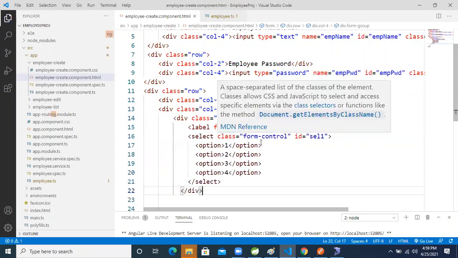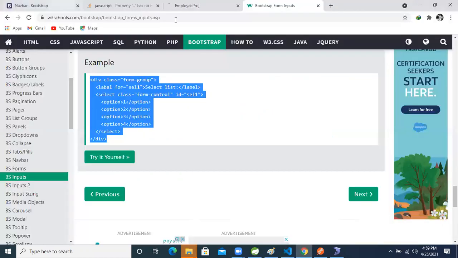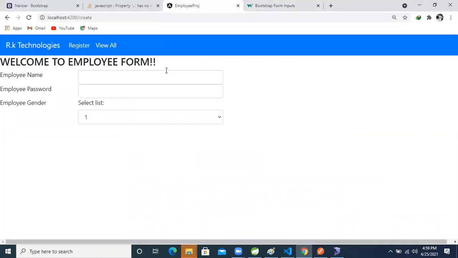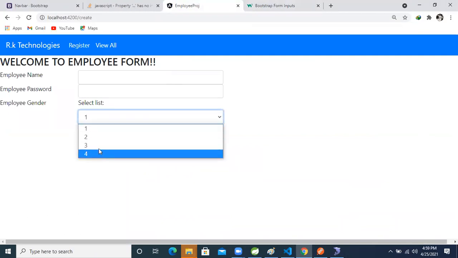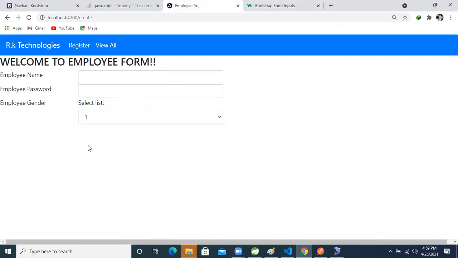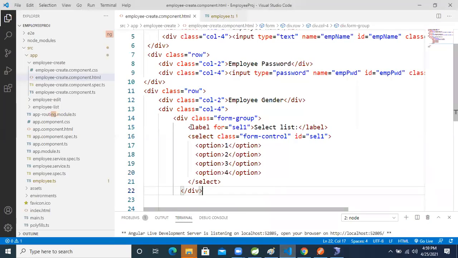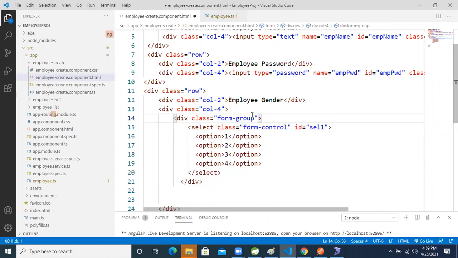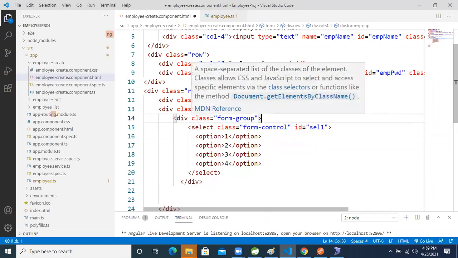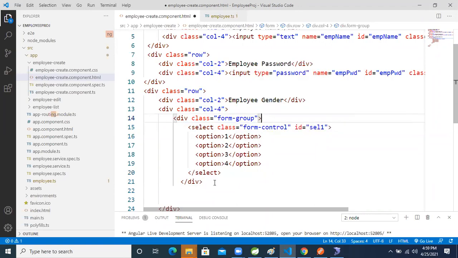So let's see first what is the view that is coming on the browser, right? This is not a good view. Okay, so here the select list is coming now. No, I don't want this one. So I'm deleting the label. Okay, so another one is what? Farm group is there, right? Here farm group is there. Okay, no problem. I will delete this view total.